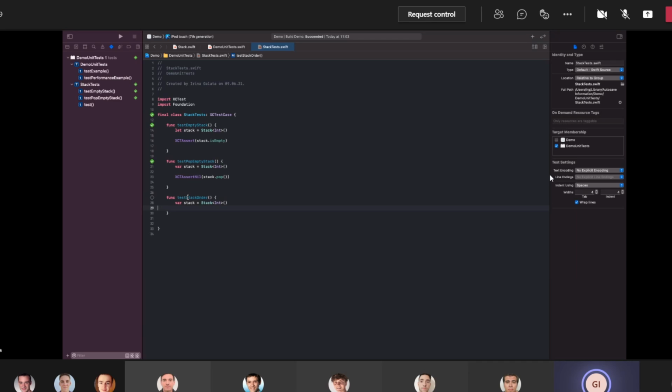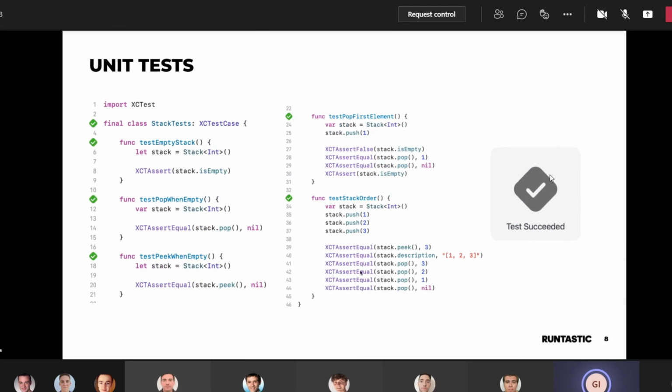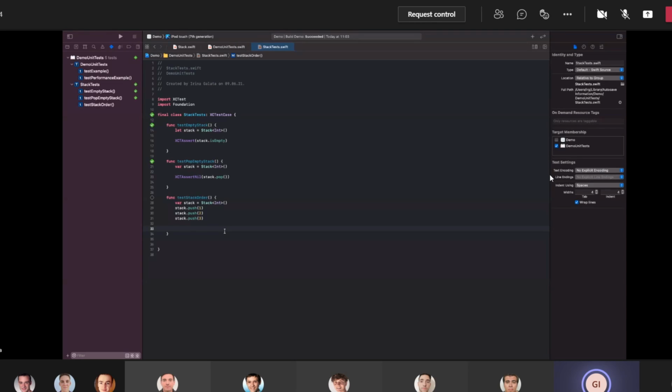So this is still setup. We want to add a few elements. And what we're doing next is we're asserting each of the further methods. So we want to verify that